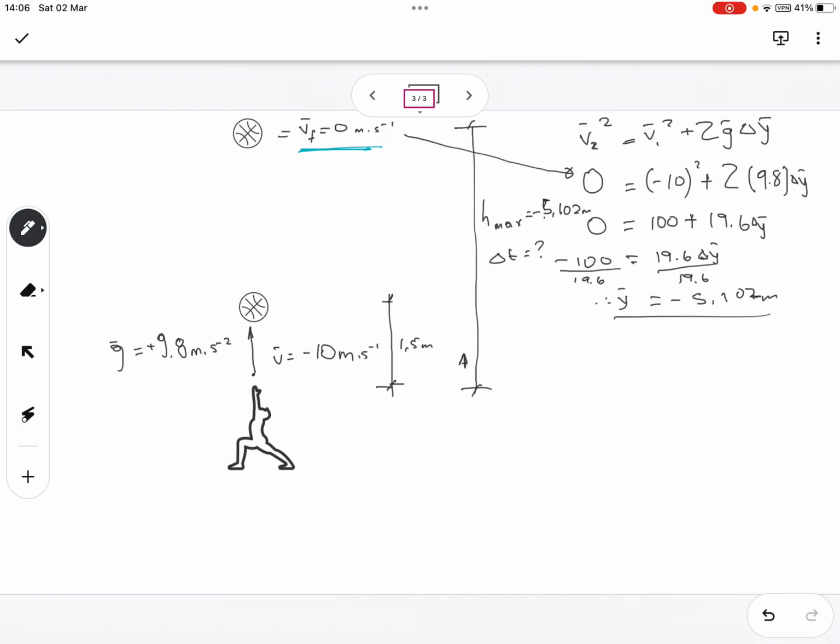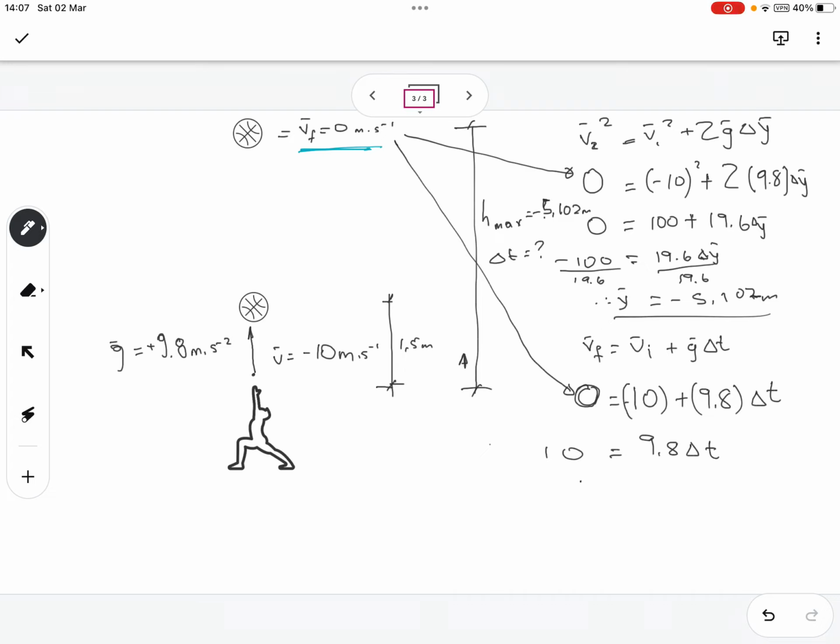Now to answer the second part, which is how long does it take to reach that height of 5.1 meters? We can use another one of those equations: V final equals V initial plus acceleration due to gravity times change in time. Final velocity is 0 because it changes direction at the top. Initial velocity is negative 10, and we add that to 9.8 multiplied by delta t. That gives us negative 10 equals 9.8 times delta t, and delta t equals 10 divided by 9.8 seconds,